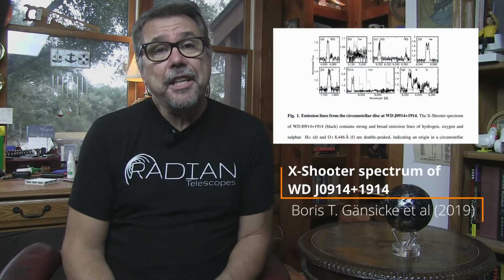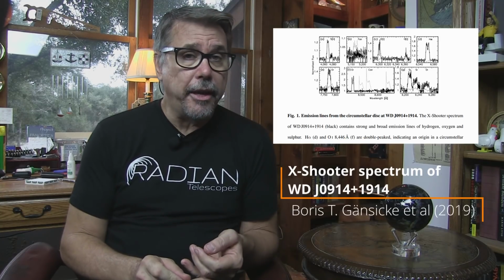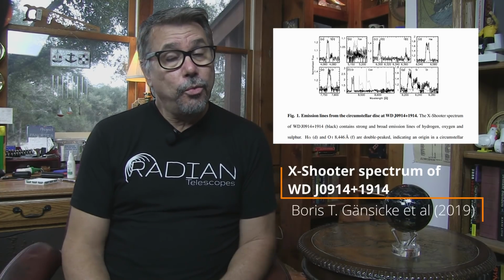And as they were looking at these stellar remnants, one of them caught their eye. It didn't look like all the rest. Why? Well, for one, it had a spectrum that contained hydrogen, oxygen, and sulfur associated with it. And this was weird because white dwarfs typically don't have those elements in their spectra. So what gives? Well, to understand these observations, let's take a step back and talk about what white dwarfs are